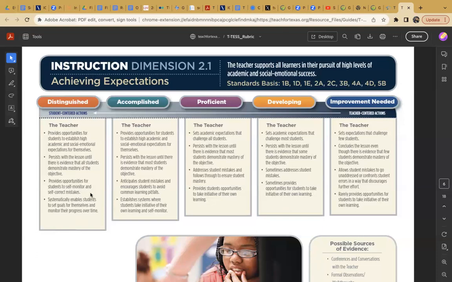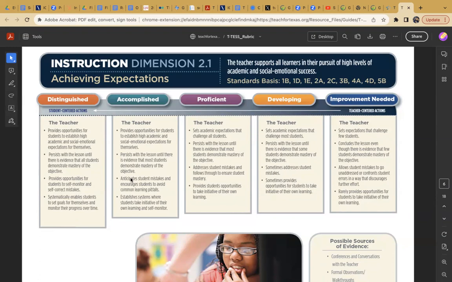I want for you guys to be looking for evidence of these, distinguished and accomplished teacher while we're watching the video, which is why we're sort of reviewing it right now. And this is all student-centered. Systematically enable students to set goals for themselves and monitor their progress over time. And again, at the tail end,